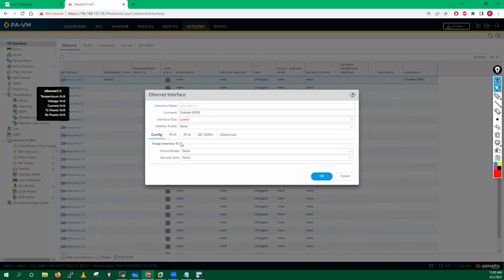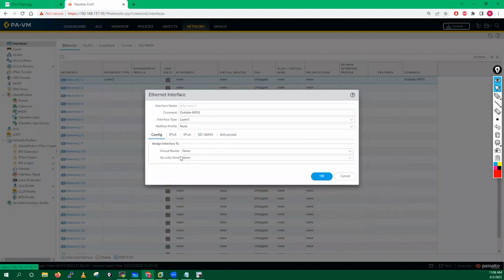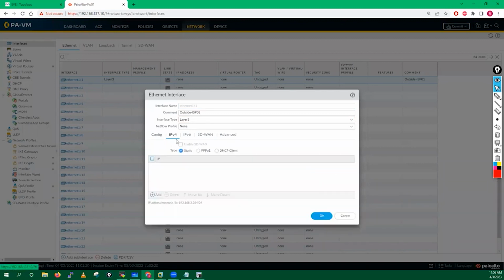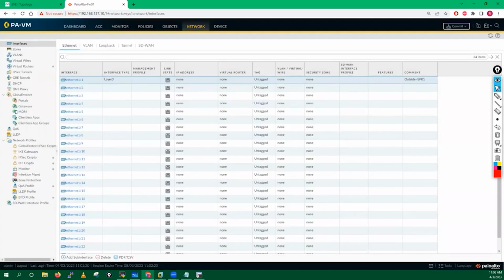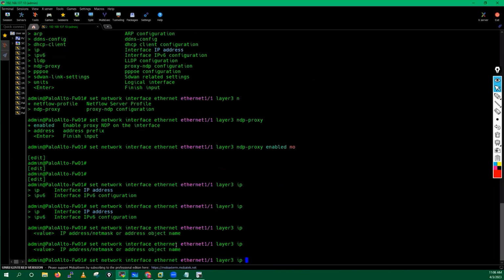Now I'll show you how we have, because you know in last you have to define the interface management profile. So we have to create that profile, and we have to configure the virtual router, security gateway, virtual router, and this security one we will configure later. Then the IP address we will configure. Okay. So now what you have to do now, I'll go here, I'll run this concept network interface Ethernet 1 by 1 layer 3 IP address is your